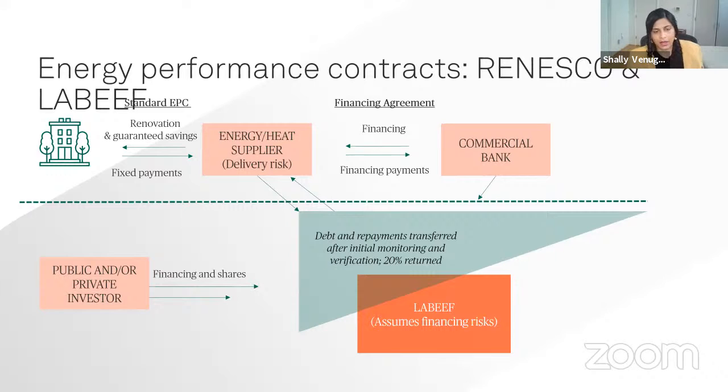So it seems like a bit of a complex structure, but it's actually quite simple, not from a contractual perspective, but from a theoretical perspective, which is RENESCO is essentially taking all of the financing risk associated with that energy performance contract and handing it over to LaBeef. Conceivably, LaBeef has several of these ESCO contracts, and so they're able to diversify that risk away within the funding